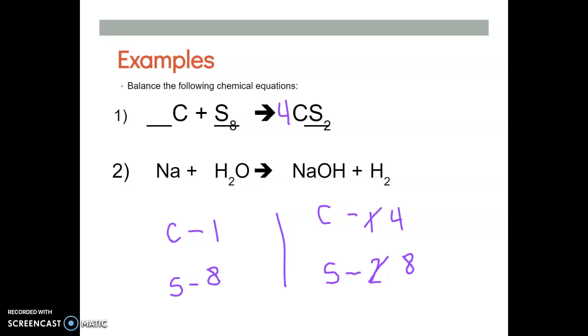So now I have 4 on my right-hand side. What can I do to my left-hand side to balance my carbon? Well, I know that 4 times 1 is 4, which will give me 4 carbons and then 8 sulfur. That is balanced because now on my reactant and my product side, I